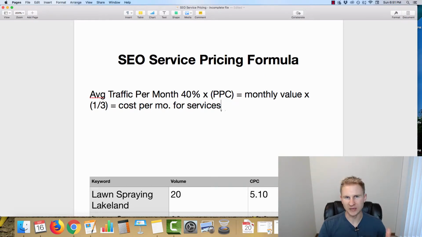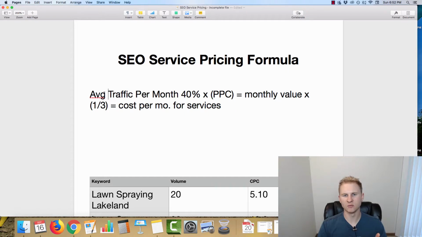Usually this number is going to be a bit less than what you want to charge for a client. I don't recommend doing any SEO services for less than $1,000 a month at a minimum, and a lot of times this number doesn't even come up to $1,000. However, there's that value proposition that you bring to the table as an agency in order to be able to deliver more clients to that business, and as long as that customer is happy with what it is that you're doing for the business and you're able to deliver it to them, and they know their numbers and that sort of thing when it comes to acquisition costs, I see absolutely zero problem increasing that amount, because with a service business you really need to be profiting. It's very, very important, because there are resources and a lot of time that goes into these types of campaigns.